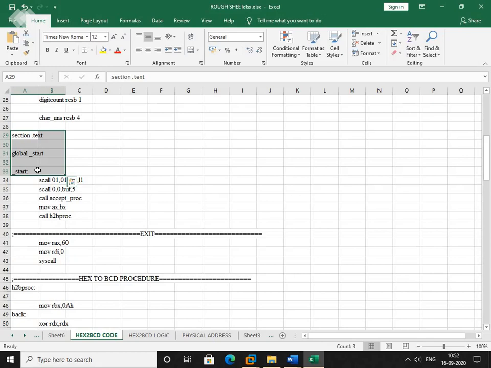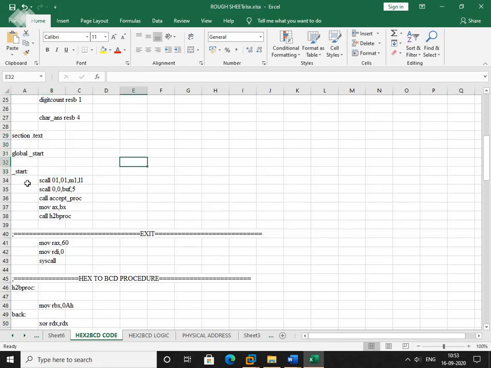Section space .data, section space .text, section space .bss. Why am I saying space? So that you understand there is a space between section and .data, section and .bss, section and .text.